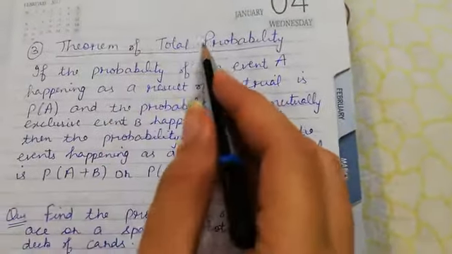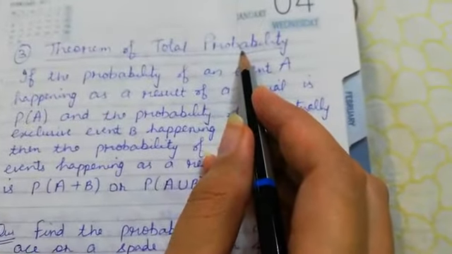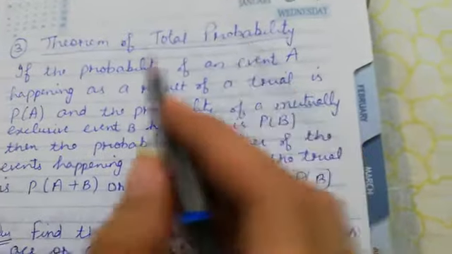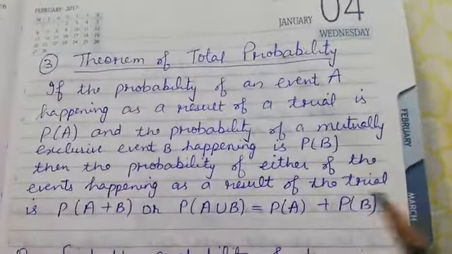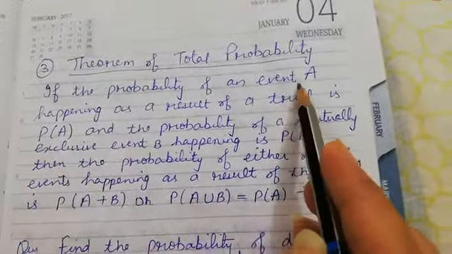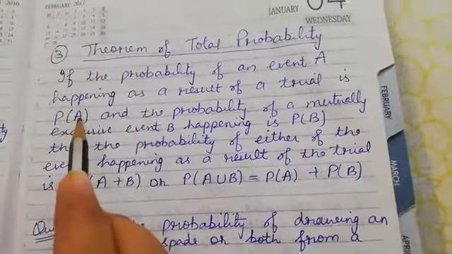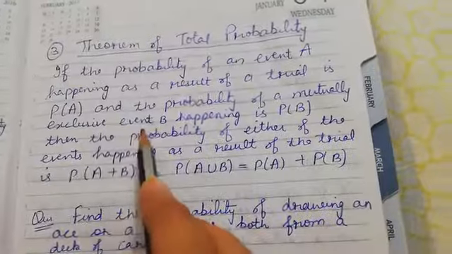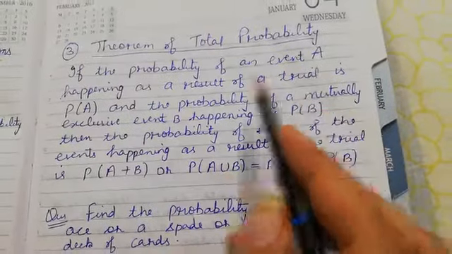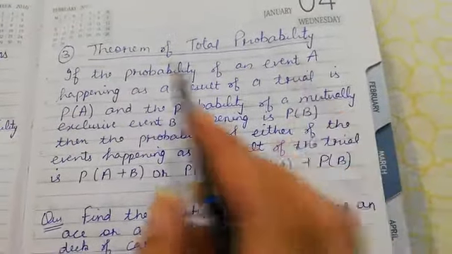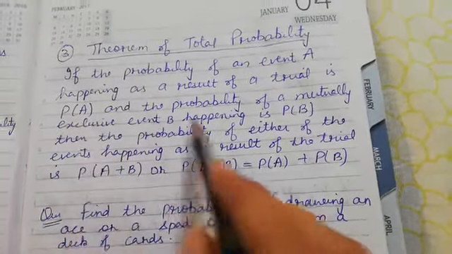The next point is the theorem of total probability. What the theorem says: if the probability of an event A happening as a result of a trial is P(A), and the probability of a mutually exclusive event B, meaning they can't happen together, so either A will happen or B will happen, is P(B),